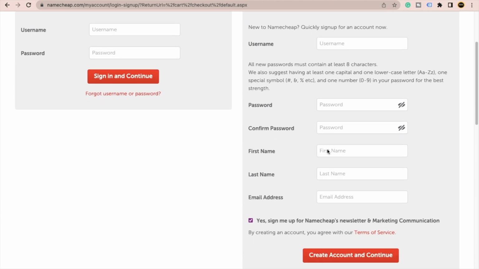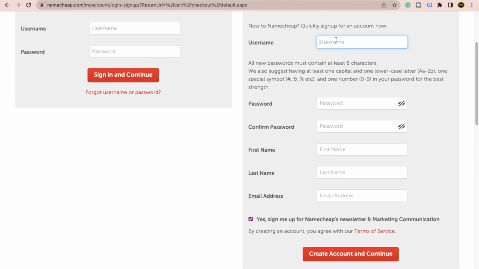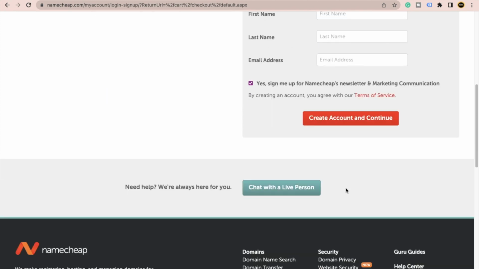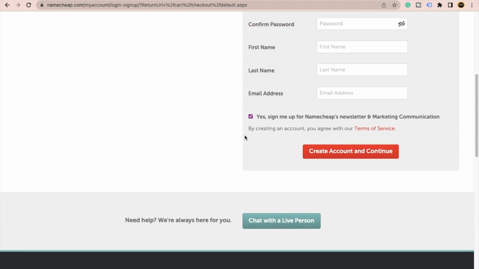Okay, so just put all the information here. Set your password, then click on create account and continue, and make sure you tick mark this box as well. Okay,